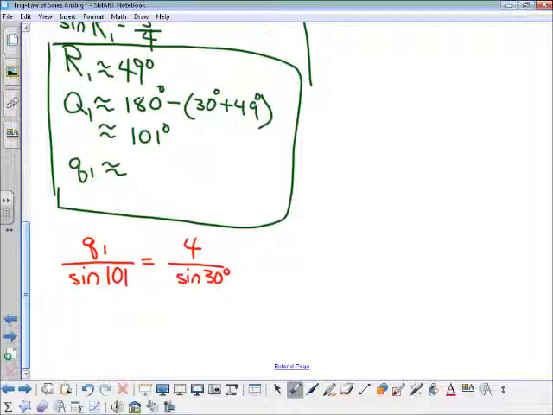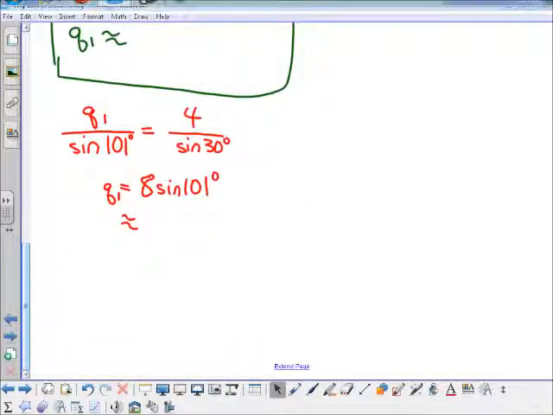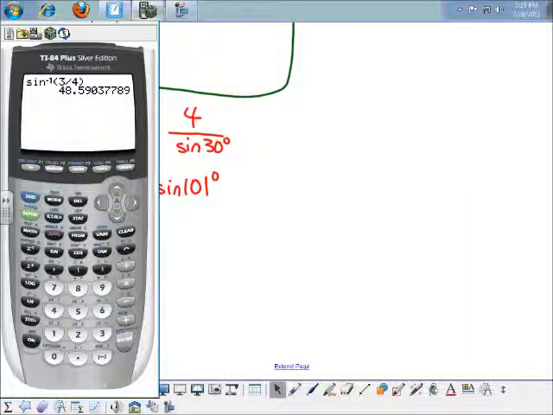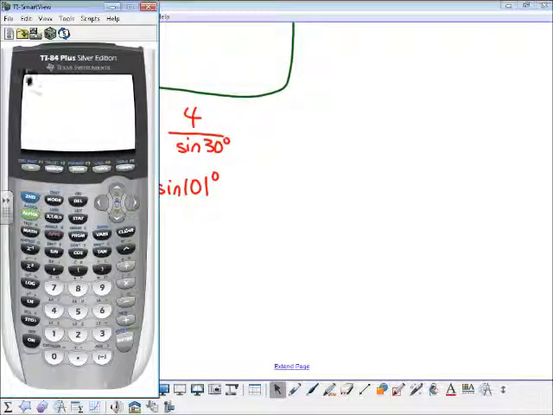Now, sine of 101 degrees I don't know offhand. I do know sine of 30 is a half, and 4 divided by a half is 8. Sine of 101. Okay, so we'll plug that into the calculator and clear that out. 8 times sine 101. About 7.9,